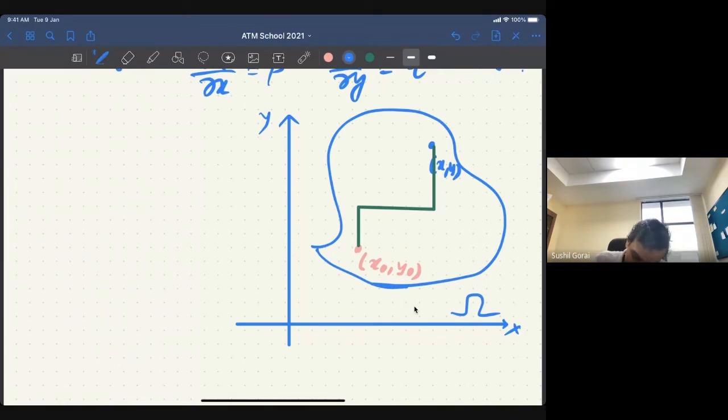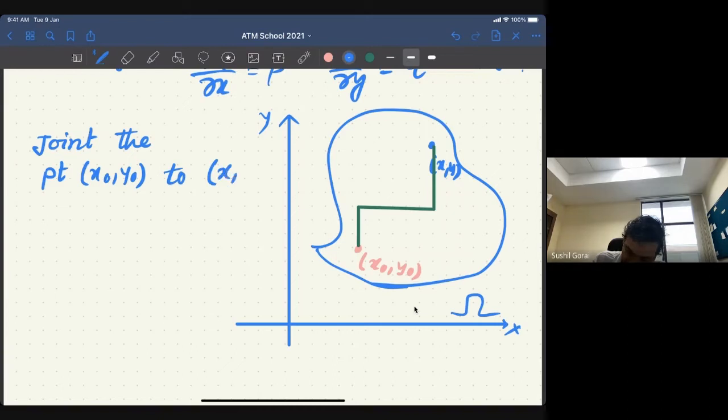So first thing is to join the point x0, y0 to xy by a polygonal path,